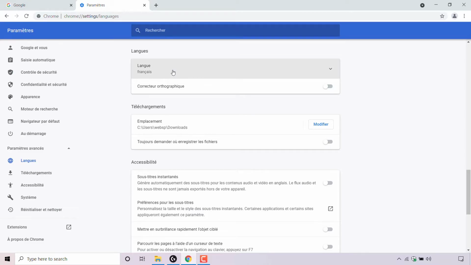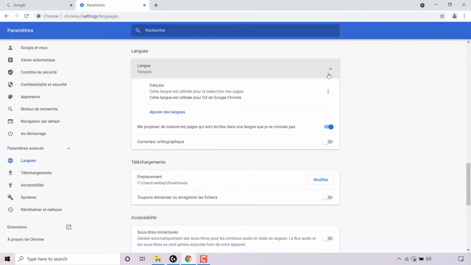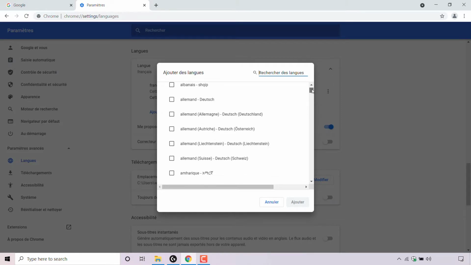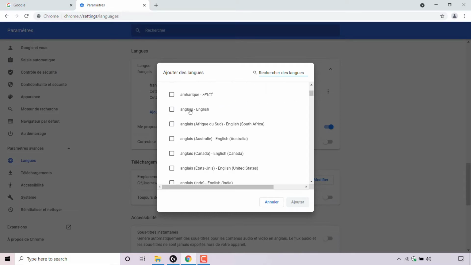To change this, guys, look to the right hand side of the current language that's selected and left click on this arrow. Once you've done that, guys, you should see a piece of text in blue here. Simply click on it to add a language. So just left click on this blue text here and you'll now have the ability to add a language. Look for your language and select it. Of course, guys, the language that I want is English, so I'm just going to look for it now. And as you can see, guys, English is right here.